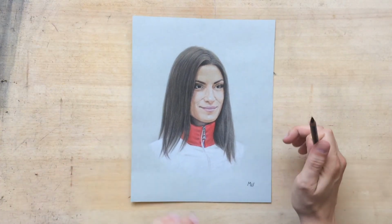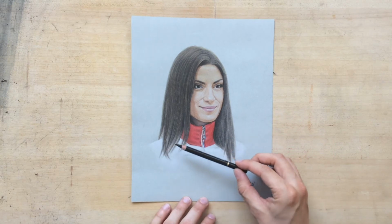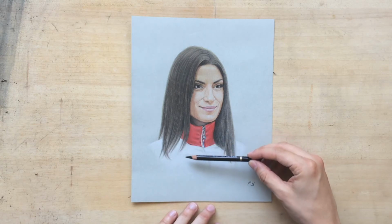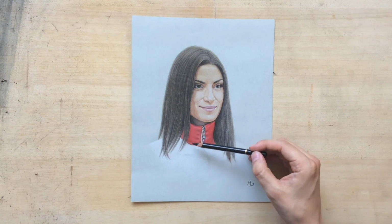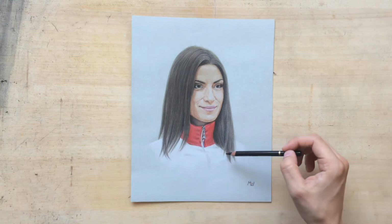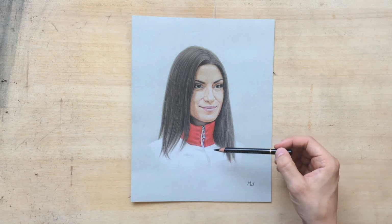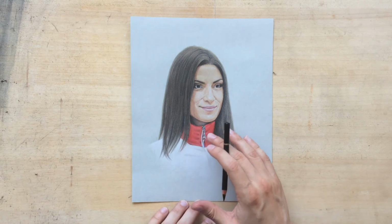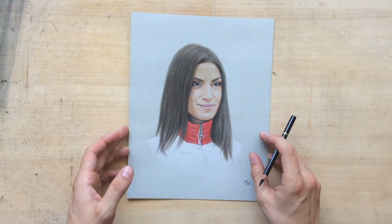And why not show a colored pencil drawing as well? This is my drawing of the athlete Ivana Španović, and as you can see, I merely suggested the shape of shoulders here, and I drew just a tiny bit of her gear. I mostly focused on her face and hair. The thing here is that she was wearing some medals, and she had some stuff written on her jacket and some detail on her gear, so I decided to leave that out. Don't feel bad about doing that. When you can't really make out what's written, or you can't make out all of the details, it's okay to simplify. It's okay to simplify and just leave certain things out